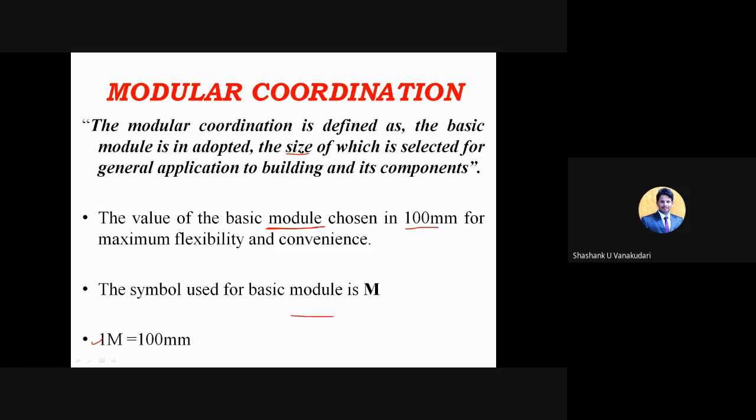So for 10 centimeter, you can go with the horizontal mode, which is considered as one module. Like that, the dimensions can be measured as per this, 20 modules for 2 meter and so on. Right? I'm giving you an example of how they consider the dimensions. The symbol used for the basic module is capital M. So in this prefabrication system, wherever you see the capital M, it stands for module.